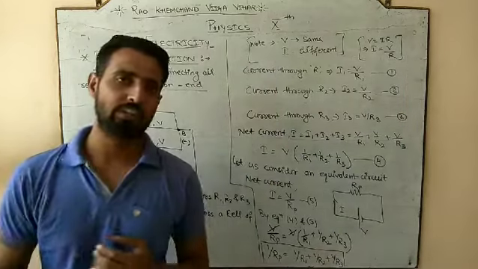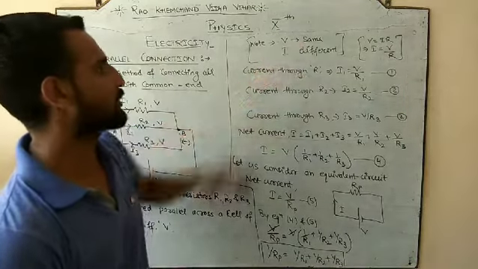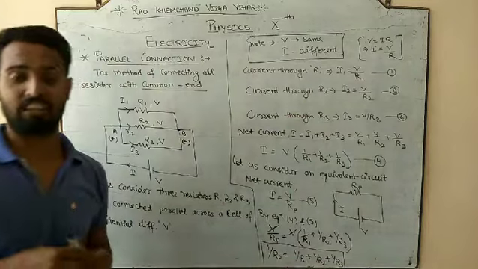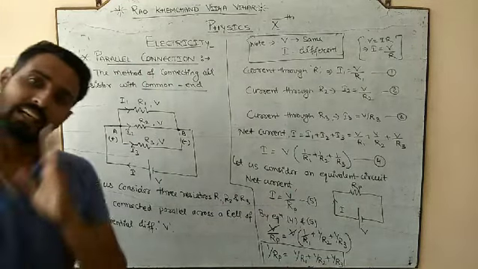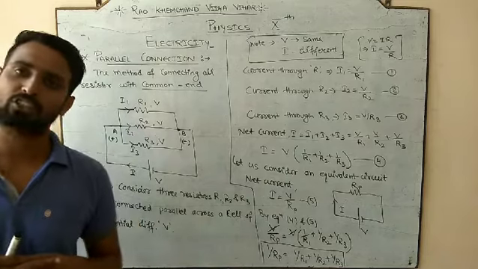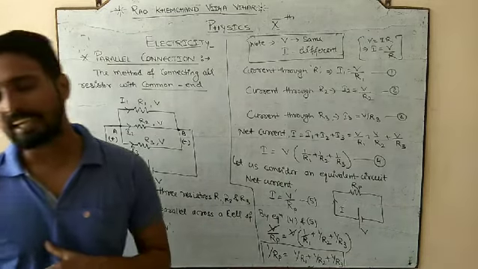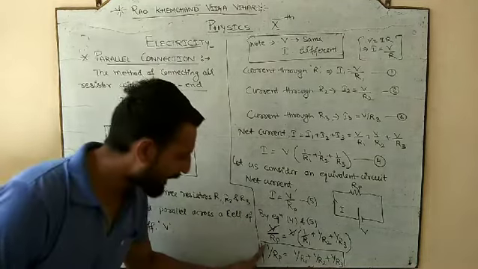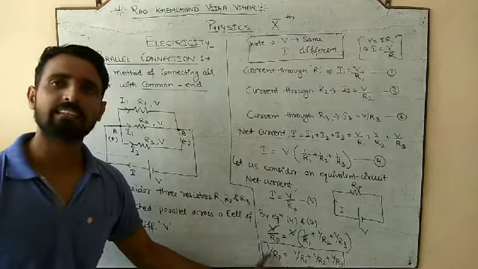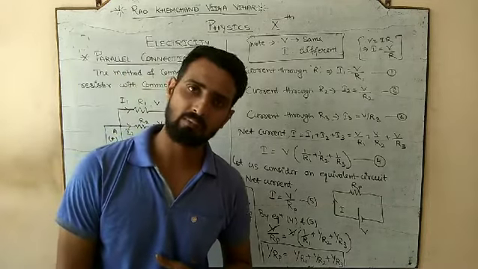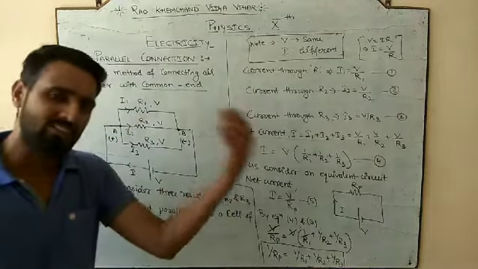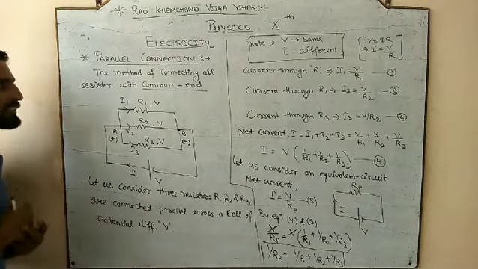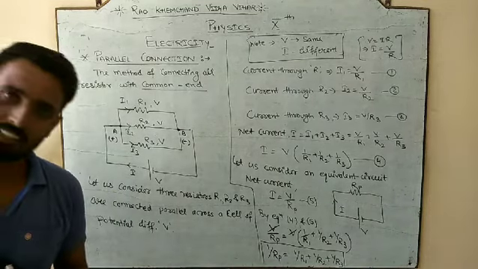And the important point for the parallel is, in parallel connection, potential always remains the same and current is always different. In series connection, the current is same and the potential is different. In series connection, Rs is equal to R1 plus R2 plus R3, but in parallel connection, it is not Rp, it is 1 by Rp is equal to 1 by R1 plus 1 by R2 plus 1 by R3 and so on, जितने ज़्यादा resistors आपके पास हों. So here we have done the second type of connection across the resistors.